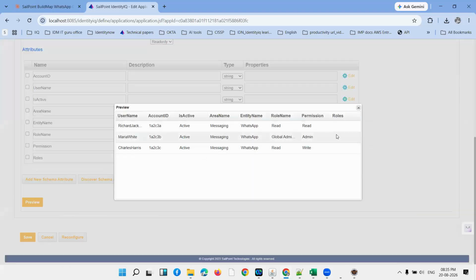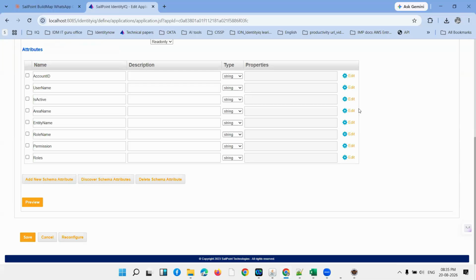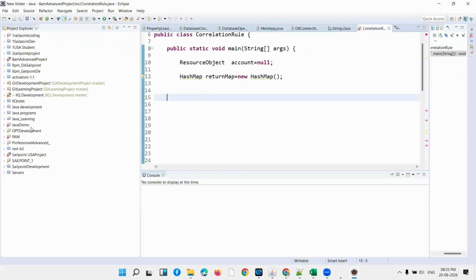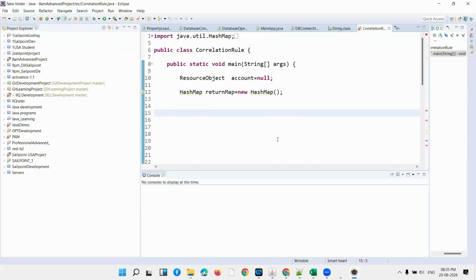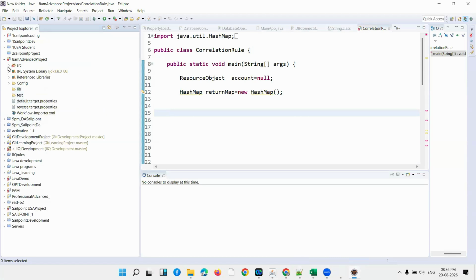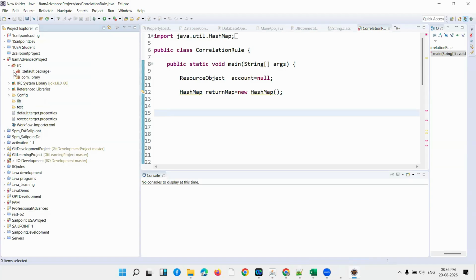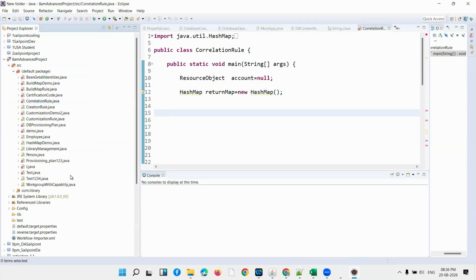So here this role sheet to create. Now I am writing a build map rule. Okay. Now what I'm going to do, I'm going to write a build map rule. So if I'm writing a build map rule, what is their common code? I'm not going to write now. So existing code, I'm going to reuse it as a critical code is there. That is where I'm going to write it. So whenever the critical code, that time I'll be writing that code. Okay, and